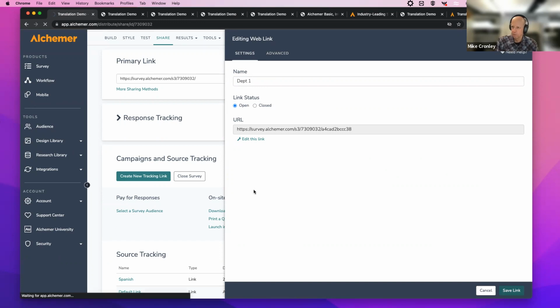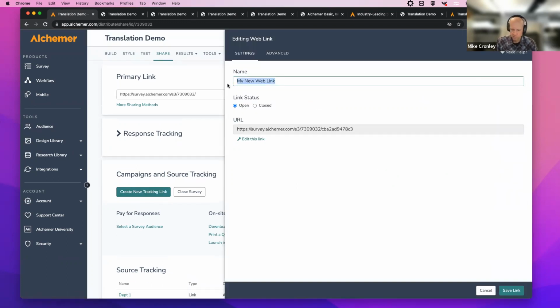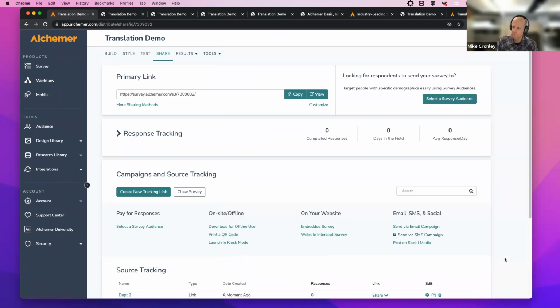And then I'm going to create another one that's going to go to Department 2. So same thing with the Spanish, I have to make sure I'm sending this link out just to Department 2 people, and just Department 1 people will get this link. And then the benefit of using this is you don't have to ask that question in the survey for the respondent. What department are you?